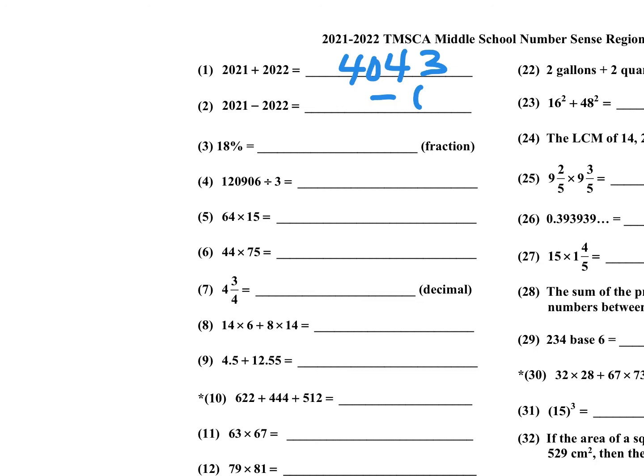Number 3, 18% is what as a fraction? 18% is 18 over 100. Reduce that by 2. 18 over 100 becomes 9 over 50. Number 4,